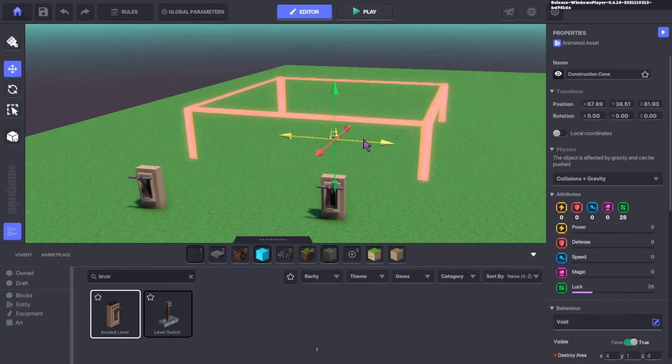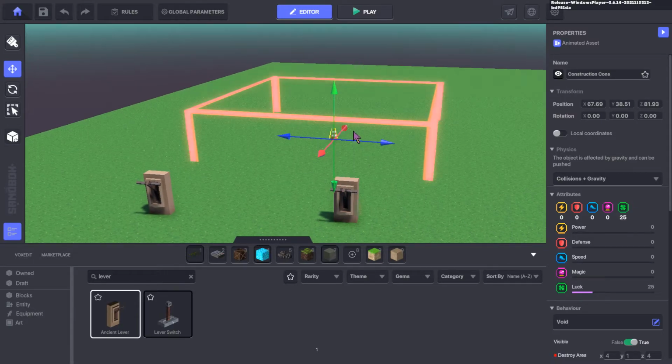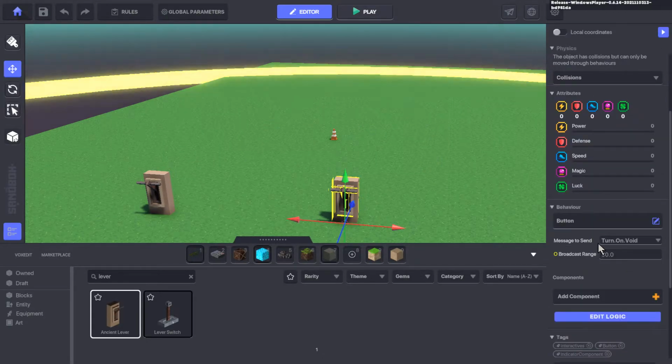I'm using Bandicam to record, and so the Control-Alt-D is the drawing tool, and it seems to be really sensitive with Sandbox. So nonetheless, I've got this message called